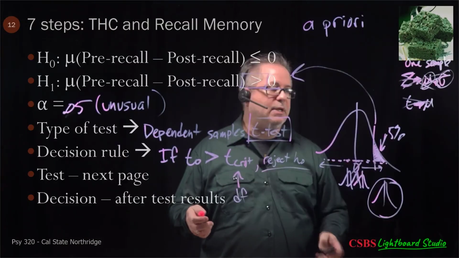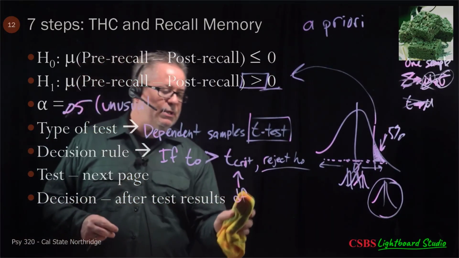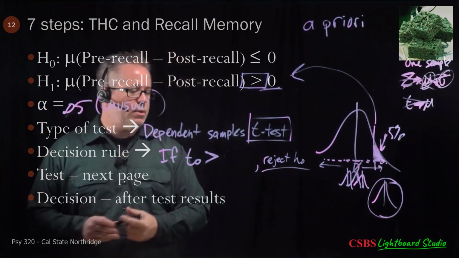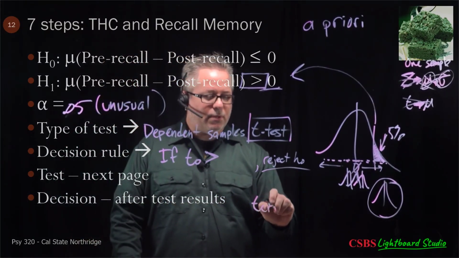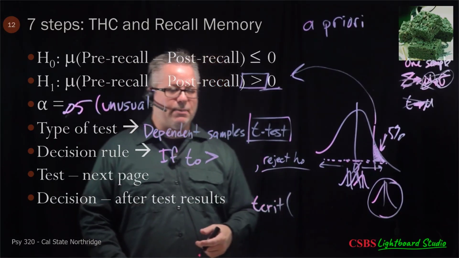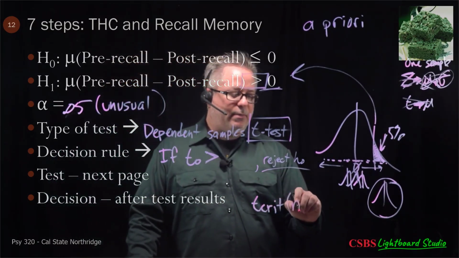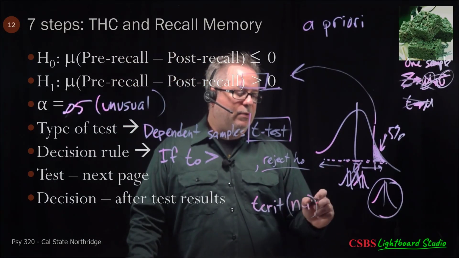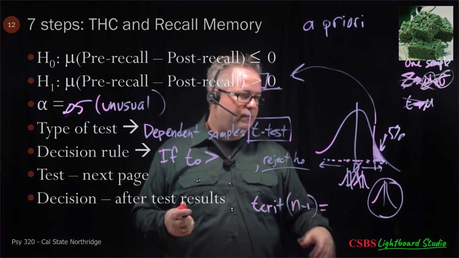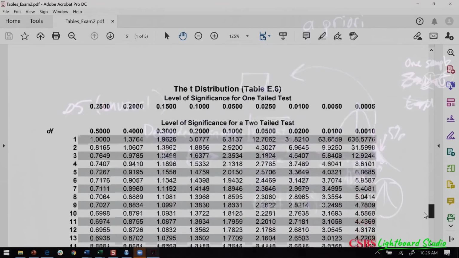So we have 10 people, so we can actually figure it out. Let's figure out the T critical real quick. So instead of just saying T critical, let's figure out what is T critical. I can figure out T critical here with, now T critical always has, when it's a one sample or dependent samples, because they're essentially treated the same, T critical is going to have n-1 degrees of freedom. So I need to look up T critical with n-1, and I can go to the T table that is on Canvas. Scroll down to here,